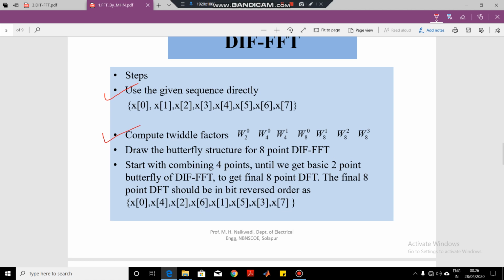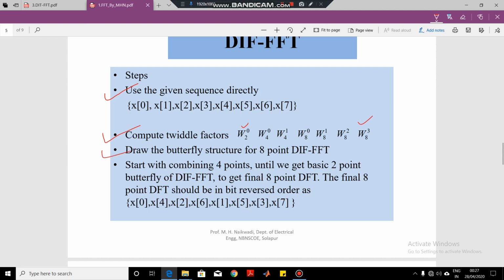Next, again we compute the twiddle factors. These twiddle factors are the same that we had computed for DIT FFT. So this step is the same as the second step of DIT FFT. We have to compute all these twiddle factors, and while computing them, we make use of Euler's identity: e raised to minus j theta is equal to cos theta minus j sin theta, and W_N^nk is equal to e raised to minus j 2 pi nk upon capital N. These two formulas we have seen a lot of times while solving numericals on DFT and twiddle factors. The same formulas you are going to use here to compute all these twiddle factors. These twiddle factors are required in the butterfly structure.